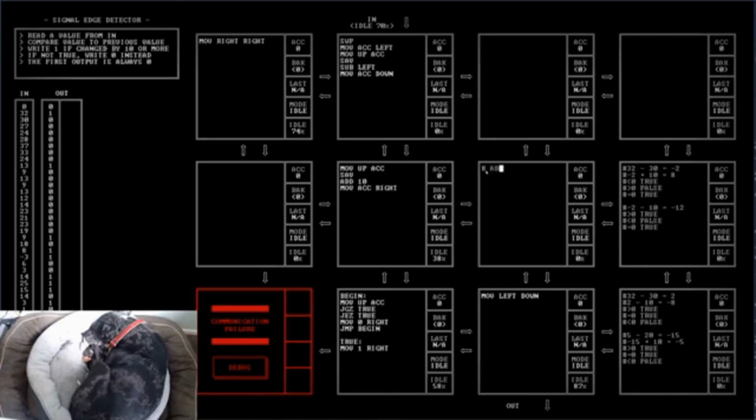So this is add 10. Actually, you don't need to save. You can just sub 20. Sub 20. Mov ACC down. Sub 10. Okay. Good. So in this case,